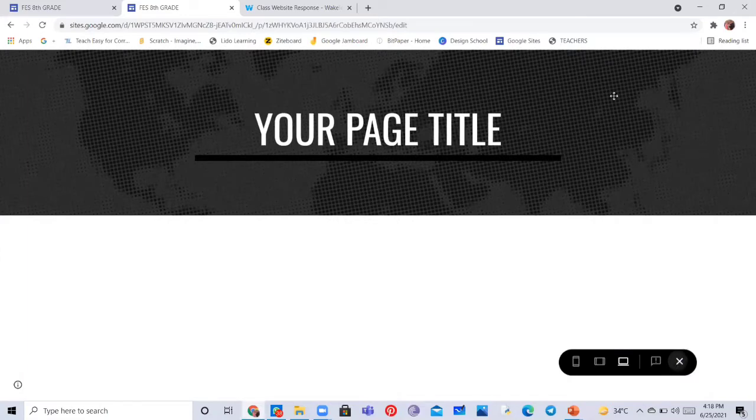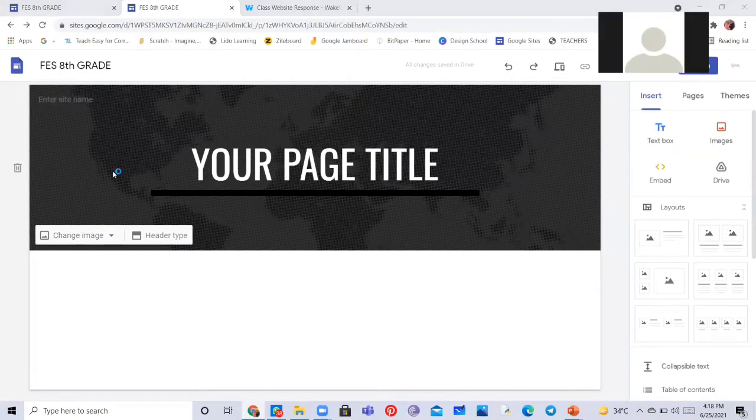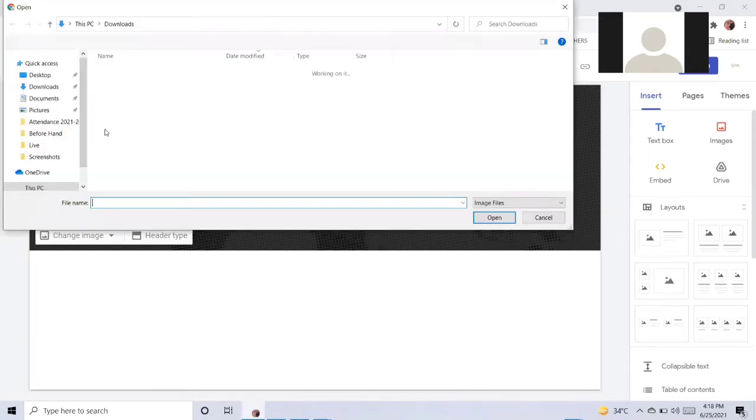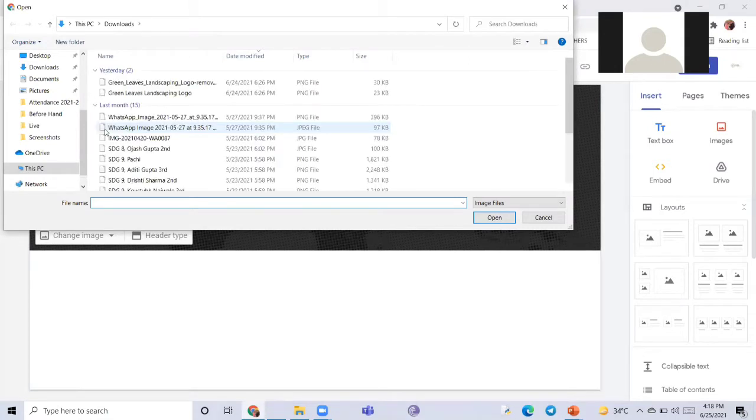But if you go with the upload image, you won't get that option. So if I upload an image, for example, I won't get the option of resizing it. It would look the same on laptop, tablet, and mobile. It won't resize itself.